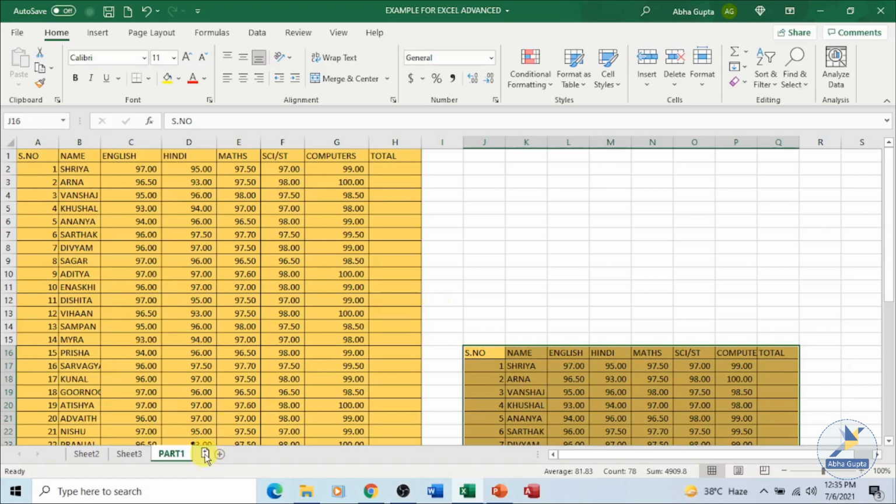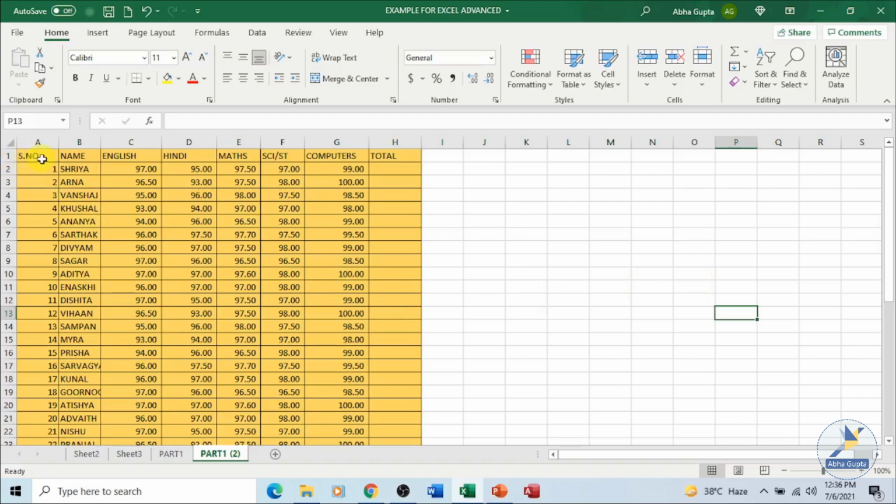You can see the downward arrow at the top of the sheet where my pointer is, and you just have to release it over there. You can see a copy of your worksheet. Your original sheet is already in place and you have a copy of the worksheet as well.